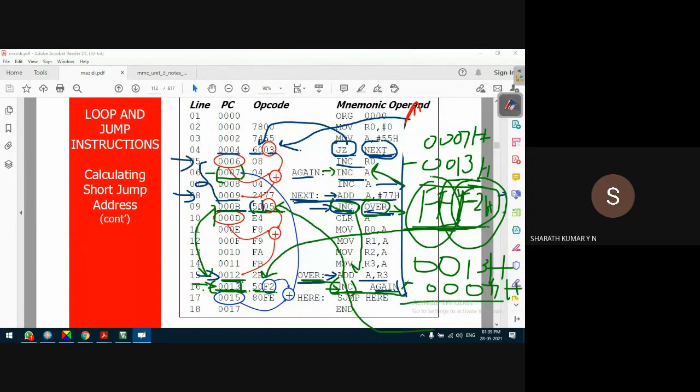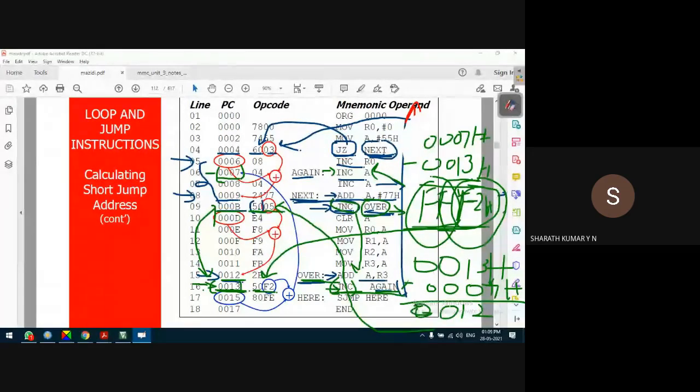Whatever you get, I think it is 7, 8, 9, A, B, C, D, E, F, 10, 11, 12, 13. Because it is around 12. It is 12, that is 0012.